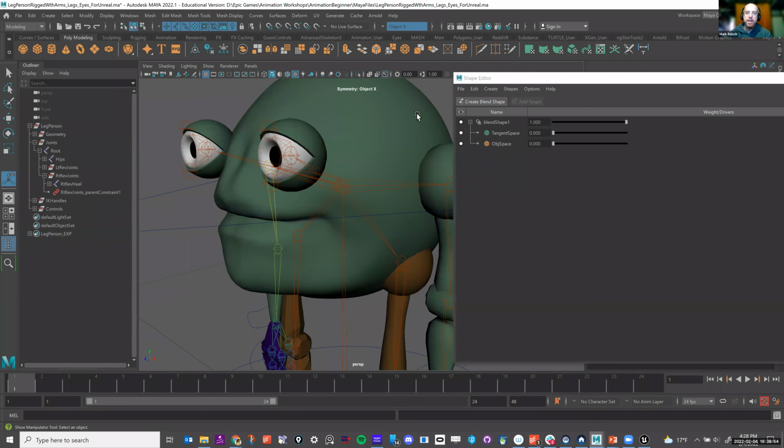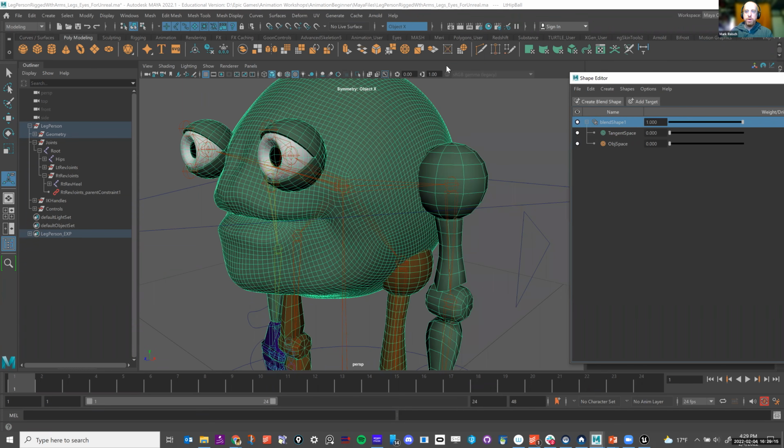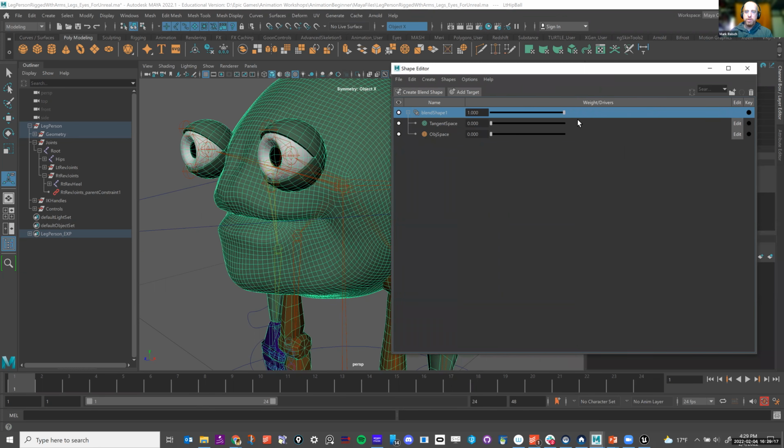What that means is that if I select this object and I did Create Blend Shape, it makes this blend shape node. Once you have this blend shape node, you can see that I have that blend shape, this Add Target shows up. And this Add Target will allow you to change the shape of your geometry, right?